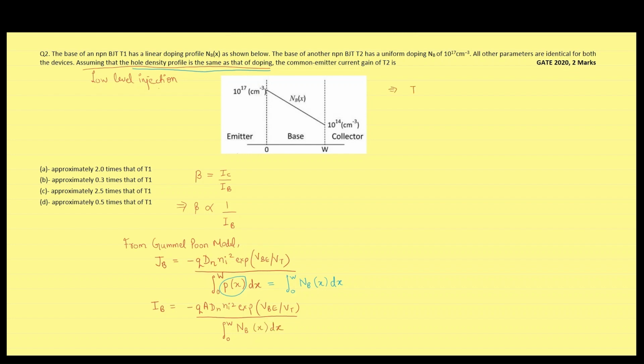For current, we can simply write that current through the base is inversely proportional to integral of doping concentration in the base. Now, let this equation be the first equation and this equation be the second equation. From these two equations, we can conclude common emitter current gain is directly proportional to the integral of doping concentration in the base across the base width. Therefore, we can have the ratio in the form